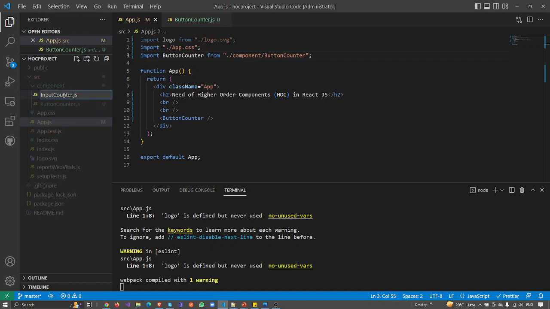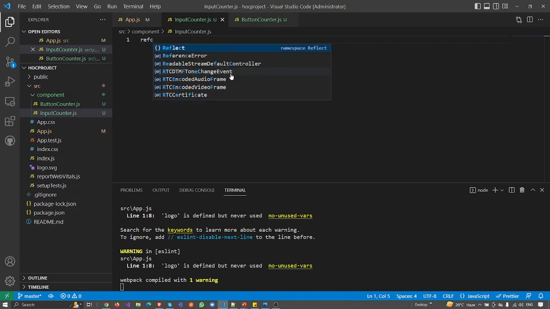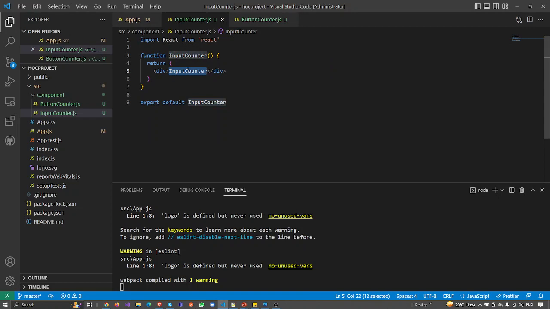Cool. And I'm going to use the code snippet RFCE, React functional export component, right guys? Because we are using the functional components, not the class based. So now I'm going to say it